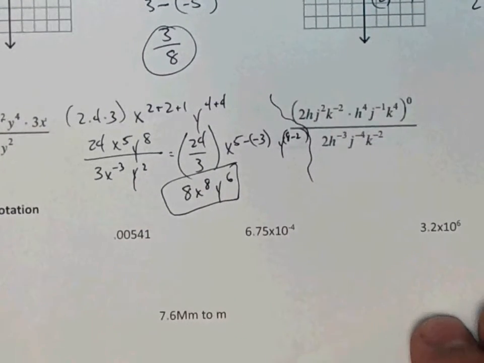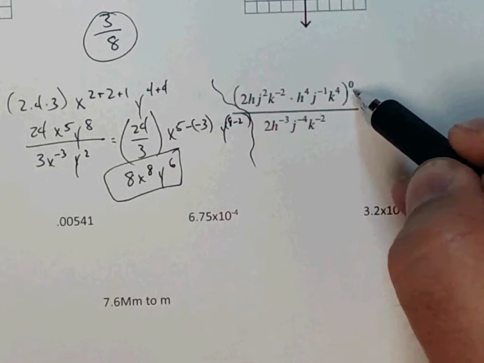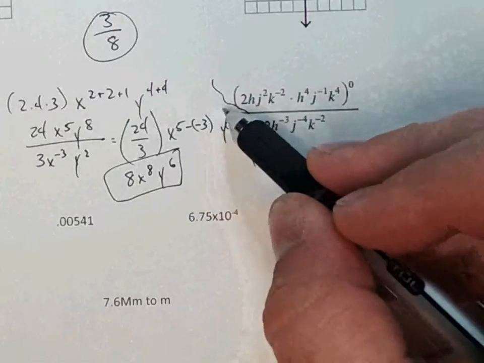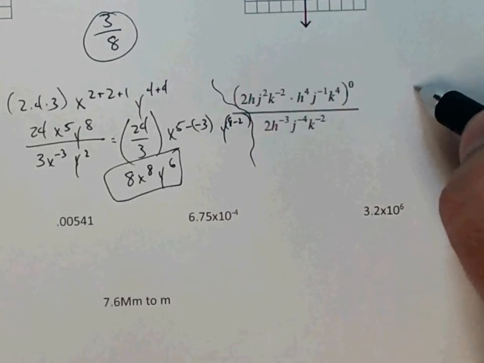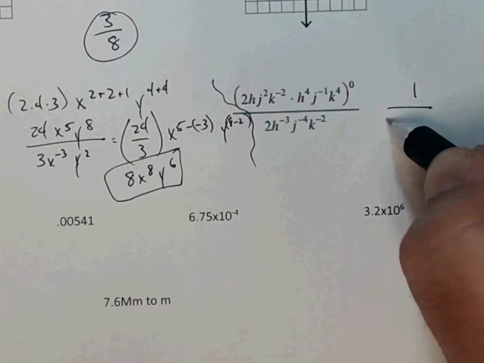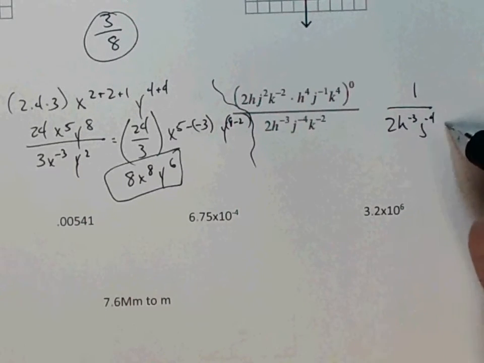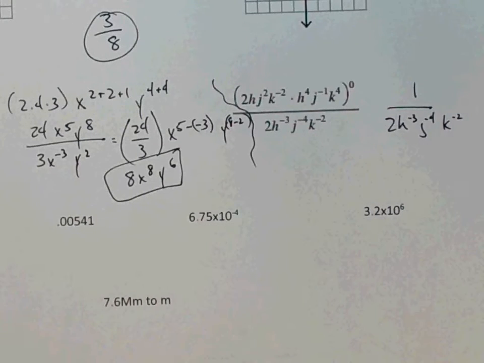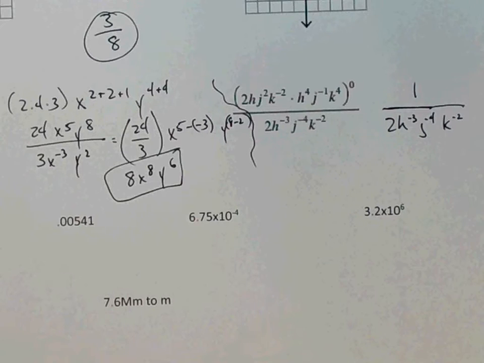Okay, let's do this other one. Now on this one, you could try to combine all these, but anything to the 0 power means 1. So if you do what's in the parentheses, the top is just going to be 1. And then we have that over 2h to the negative 3, j to the negative 4, k to the negative 2. You could leave your answer like that, but if you like everything in the top, which is sometimes nicer,